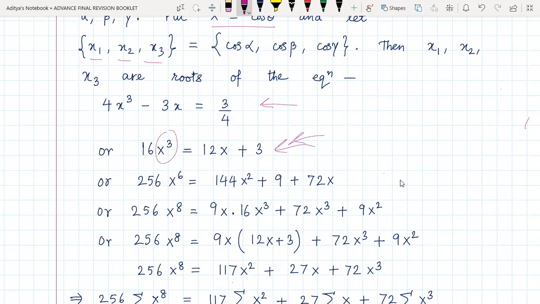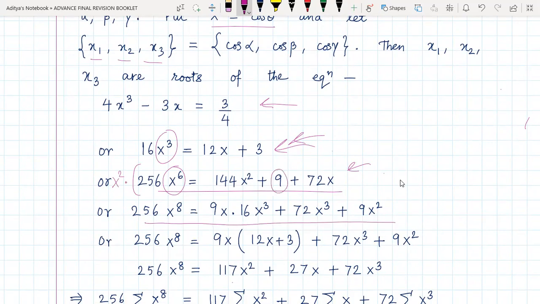So right now we just have x cube, right? So what we do is we square both the sides. On squaring, this is what we get, but we still have only got x power 6. We actually want x power 8. So what we do is both sides we multiply by x square. So that's how we get this expression.